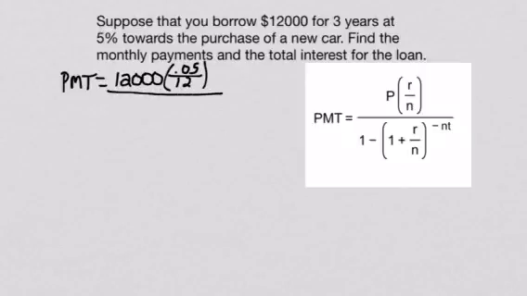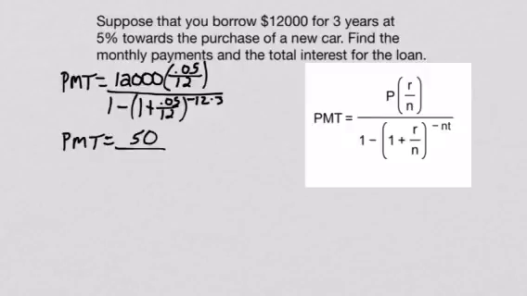And now that's divided by 1 minus (1 plus my rate, which is 0.05, divided by my N, which is 12), raised to the negative N times T, which is the number of years, so times 3. Alright, so we're just going to calculate this. I'm going to calculate the top first, then the bottom, and then we're going to divide those two together. Multiplying the two top numbers together gives me a total of 50 on the top. And now if I calculate and simplify the bottom, I'm going to get a total of